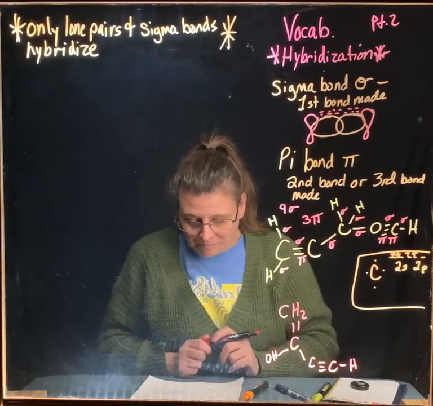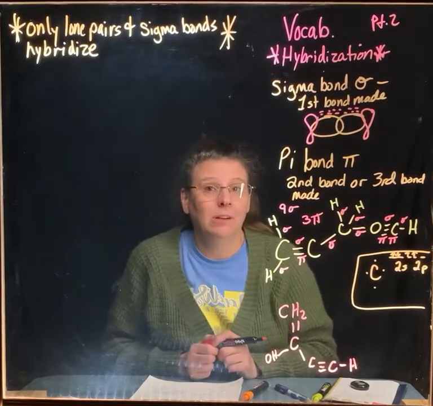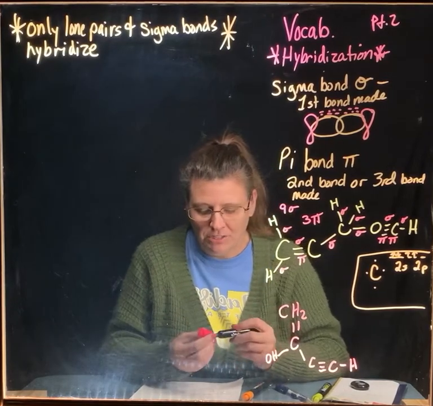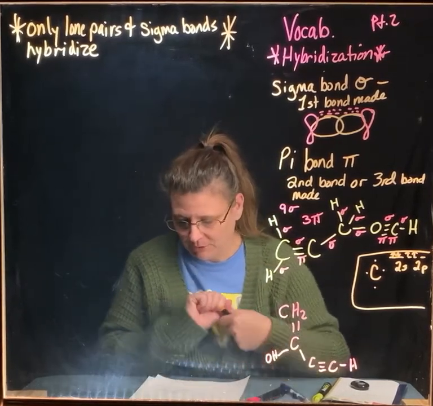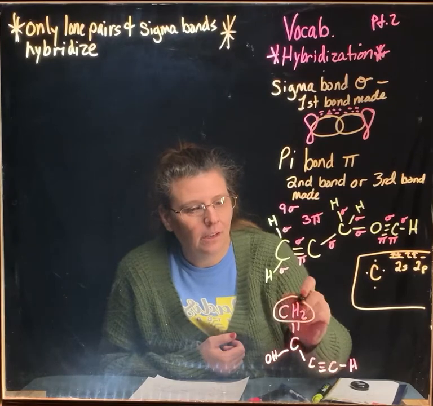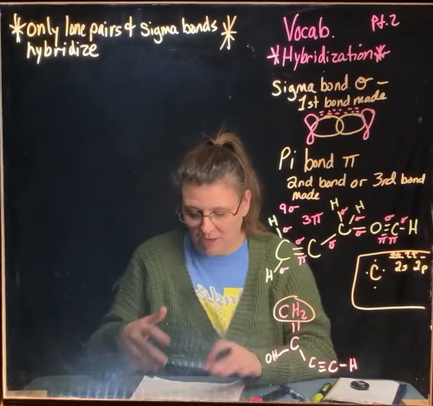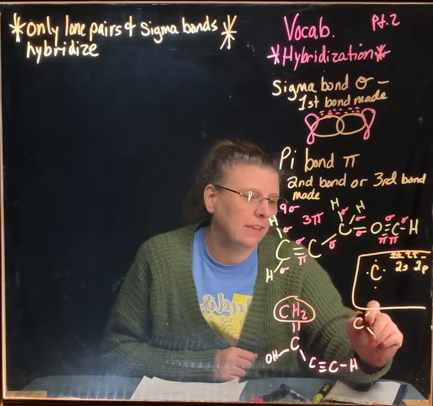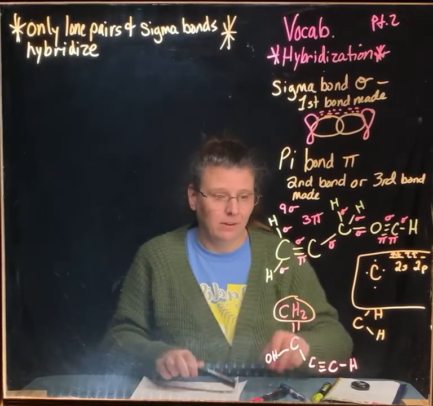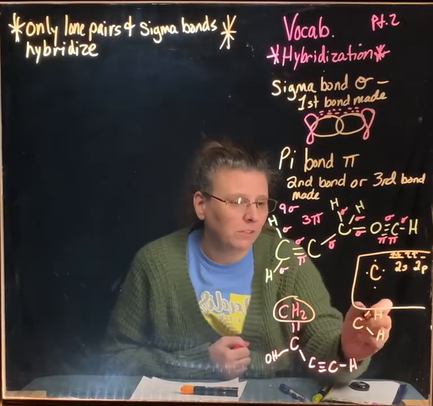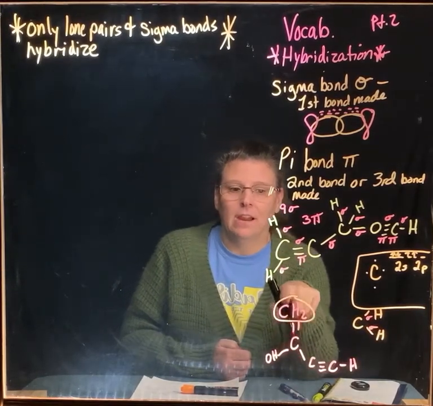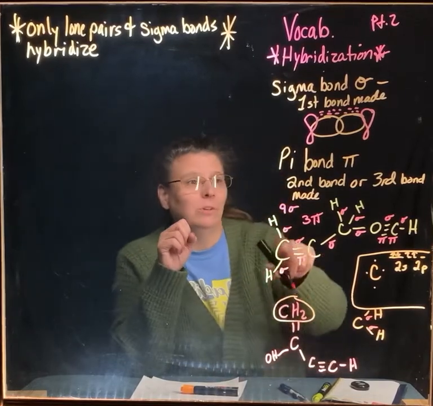So why is this important? Let's look at this next one here and see why we have to do this. I'm going to show you something in chemistry that we like to do. This little part right here is considered a condensed molecule, and it really looks like this: C and then an H. If we look at it, how many sigma bonds do we have here in this little condensed molecule? There's one here and one here. So this is how chemists write their formulas and their structures. They don't do everything out